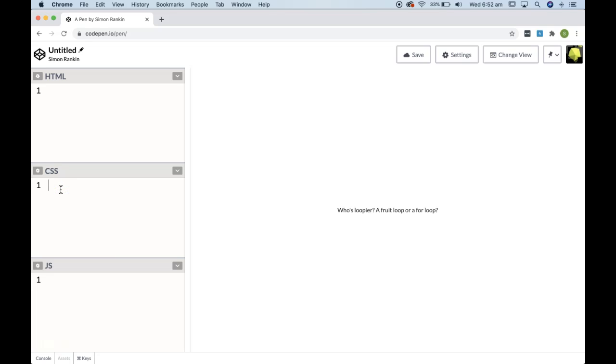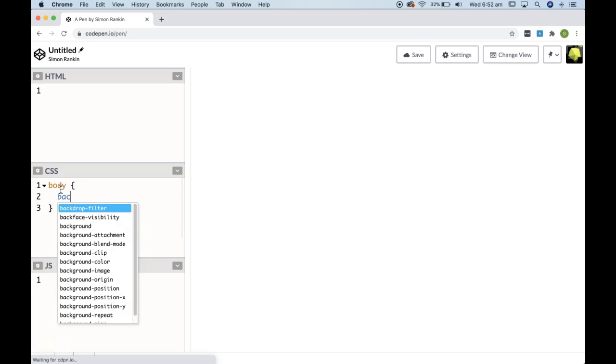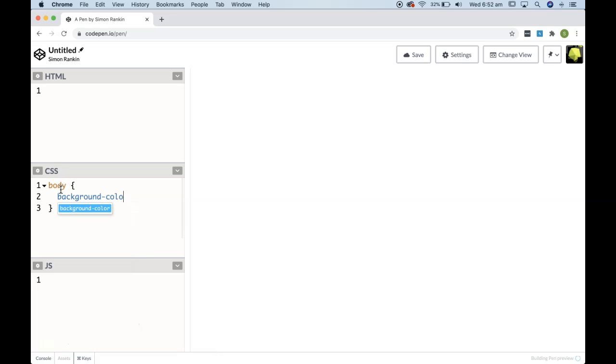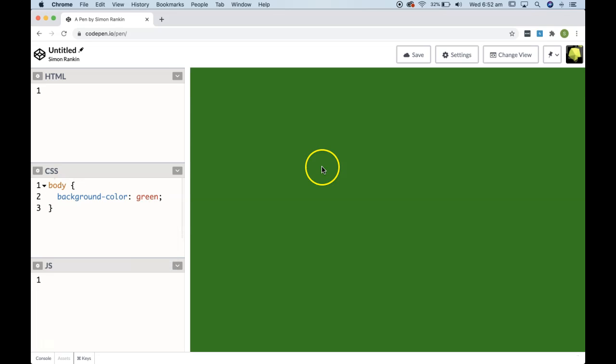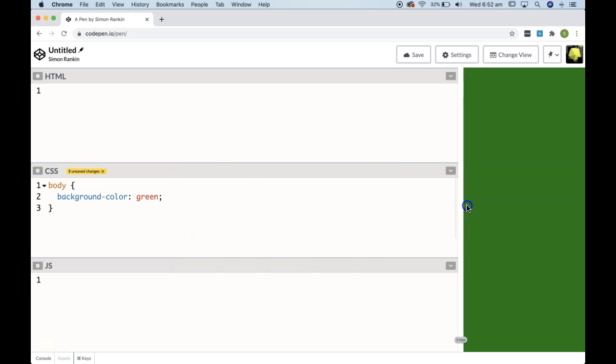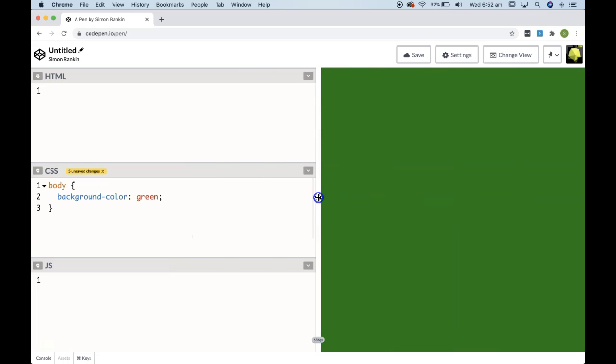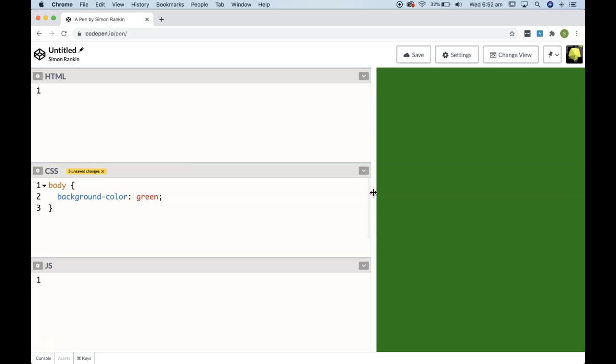First of all, we'll have our normal CSS for our mobile situation. And in this case, for my mobile design, I want to have a background color of green. So when I open up the website on my phone, I've got a green